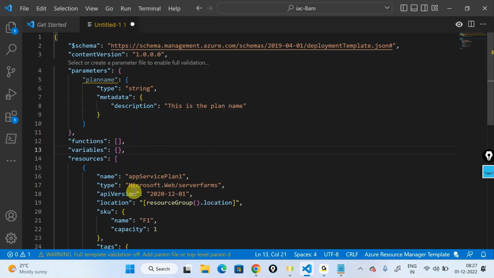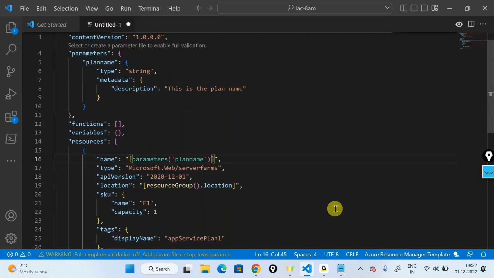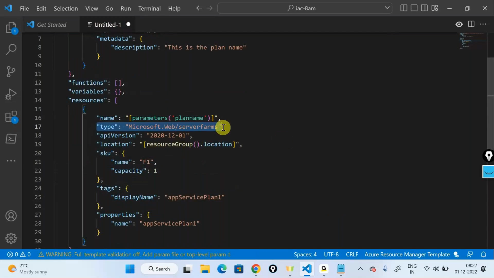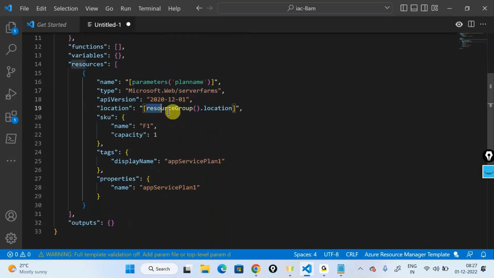And in here, I'll remove this and I'll tell this parameters plan name. I'll tell the type here is Microsoft.web/server farms, nothing but the app service plan. App service plans are also called server farms out here. I'll tell the location of this particular resource will be wherever the resource group is. So wherever the resource group is being created, please go ahead and create me the app service plan